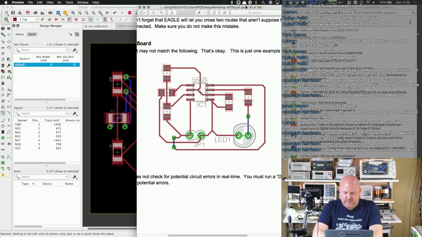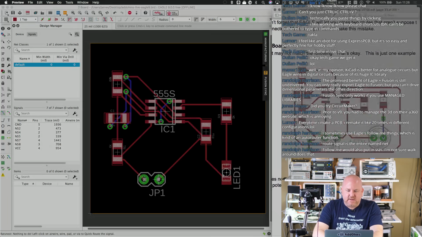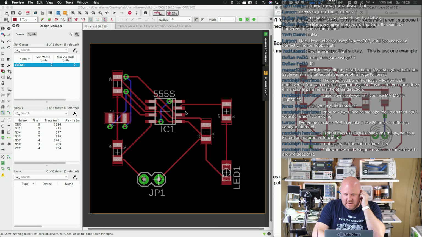I'm not sure if walk around does that. Yeah. I'm really not liking that it put vias under a chip. I feel like there should have been a way for it to know. I just, in general,